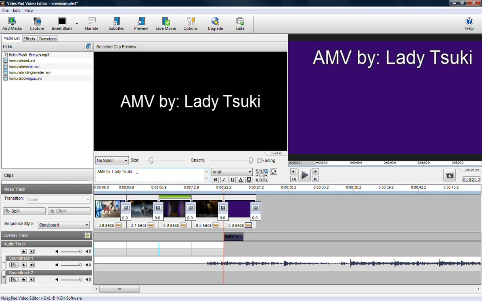Once you've tweaked all your text options, it's time to decide where you want your text to go within the clip. In order to do that, simply click the overlay down here on the storyboard, click the left mouse button over it, and drag it along to wherever you want it to start. As you may notice, it's just like positioning an audio clip.